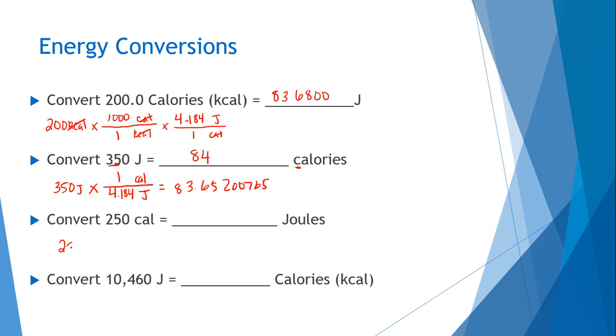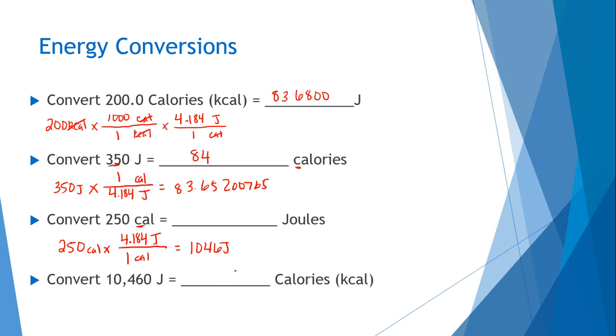Here we have 250 calories. Notice it is lowercase. And we want to convert it to joules, so we're going to use the conversion that we know. We're going to put calorie on the bottom so it cancels, and 4.184 joules on top because that's what we want. And we actually get about